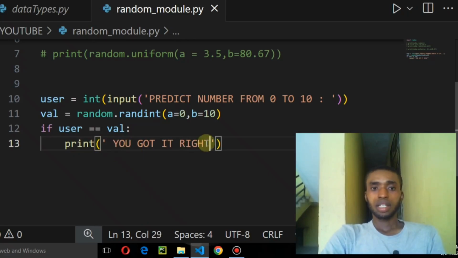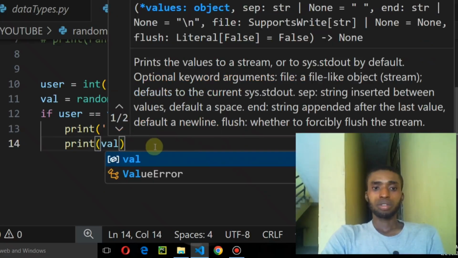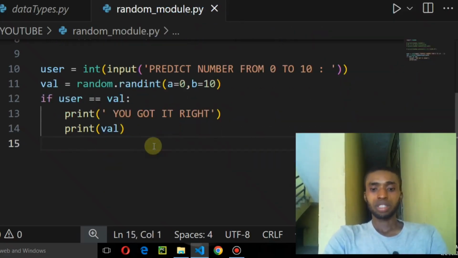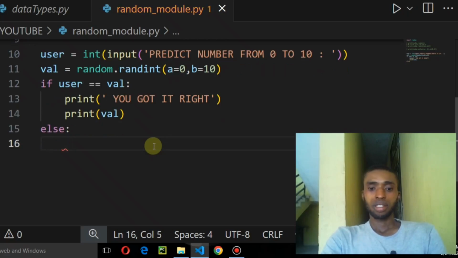After I say you got it right, I want to print the val here. I can also say else, because there are basically two types of condition that can happen. Either you get it right or you don't. So else print